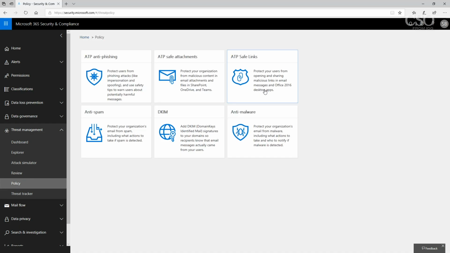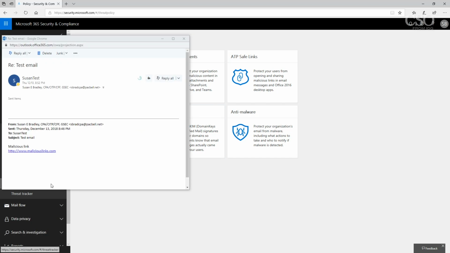Now we're going to talk about ATP Safe Links. Before you do the implementation on this, you might want to warn your end users of a little bit different behavior in their email. When they get an email from somebody and hover over the link, you can see that it's got a redirect, or it's going to rewrite that URL to scan through the scanning engine first. So especially if they forward this link on to anybody, it's going to give an additional link. You'll see in just a second.